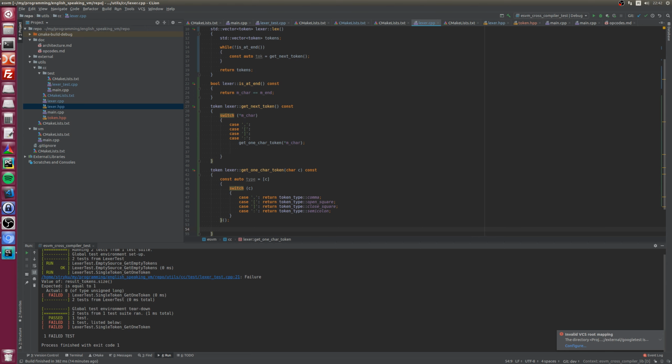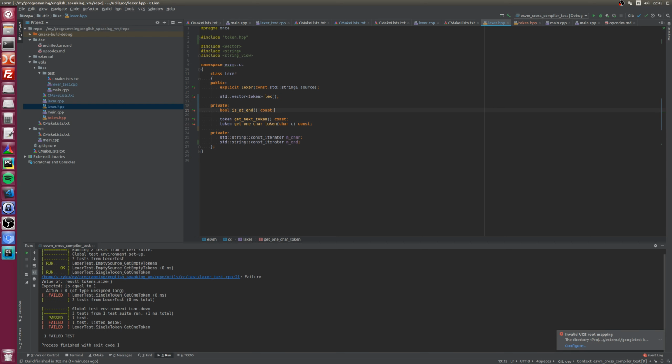Now let's create a function that is going to increment the character iterator. So void it. It's not going to be const. Why am I making those const?